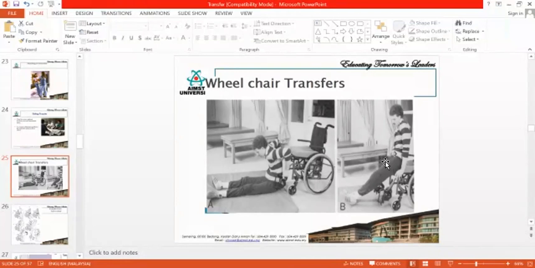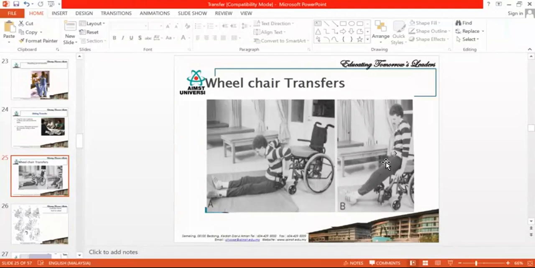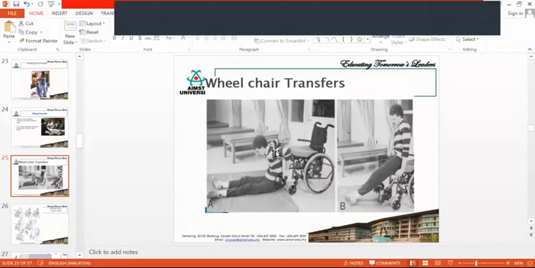So you will learn in detail about wheelchair transfers in your neurology. That is Neuro 1, where you will be learning more, because there you will be learning about stroke. So after learning that, you will be learning about wheelchair transfer. Again, here it depends on which limbs are affected. In case both of the person's lower legs are affected, then you can use this kind of transfer.